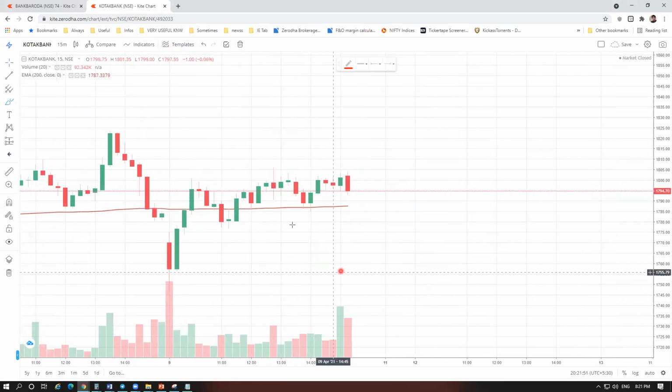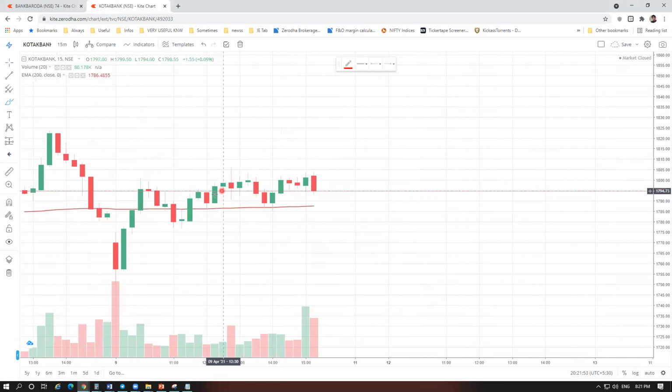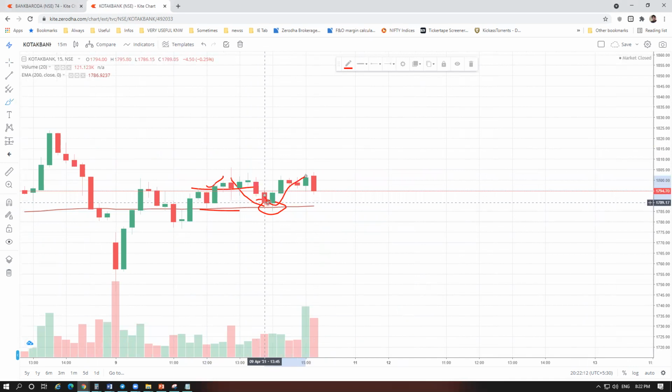So I am marking these two candles, 11:45 this candle, 11:45 this candle, and 11:12. So this is the high, this is the low. See, high break, pullback happens here also. Then here also you can trade, 1780 levels. We will get some amount of profit. Okay, so our entry is somewhere around here, 1780.